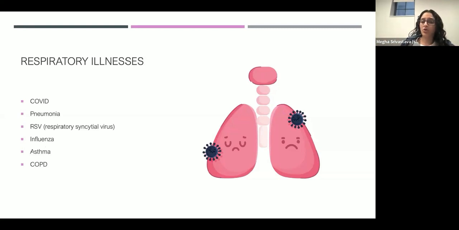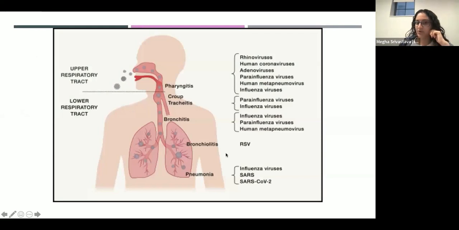There are also common colds. This has a whole list of different causes, but rhinoviruses and other coronaviruses that are not COVID cause common colds. So that can also affect your lungs too. But the big ones we're going to talk about, that we want vaccines for, that can escalate to very serious disease, are really COVID and flu and RSV. We'll focus a little bit more on that, but these are all viruses. These are all different things that can affect your lungs.